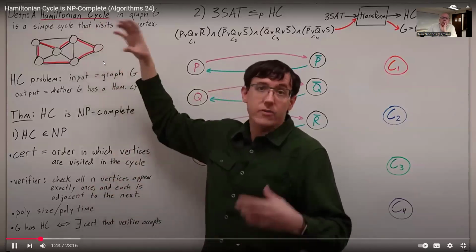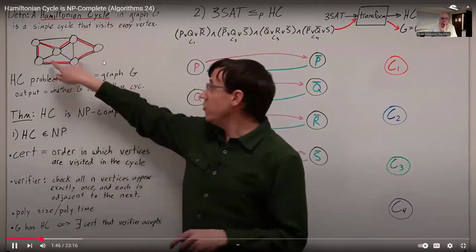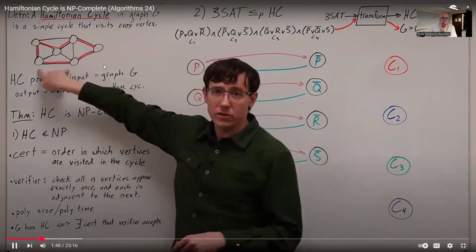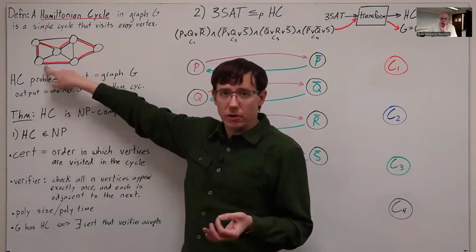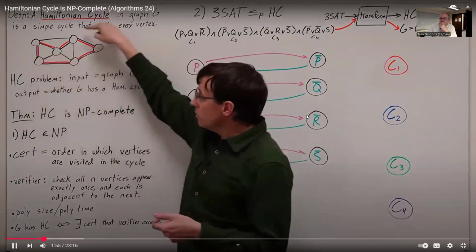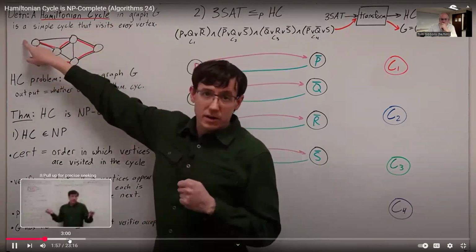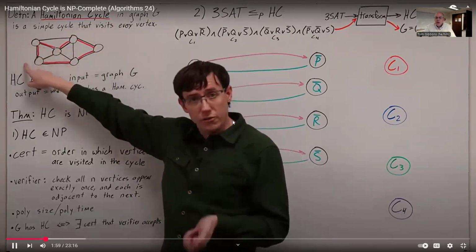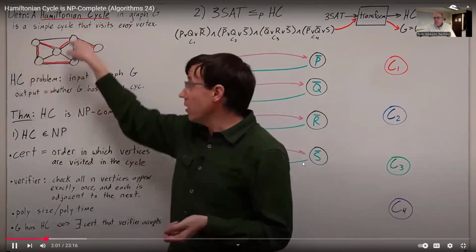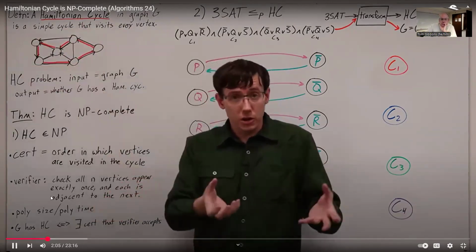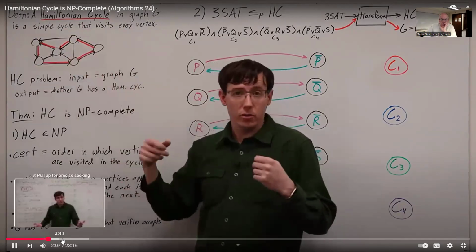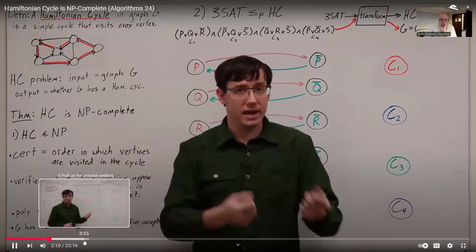The certificate lists every vertex of the graph exactly once, and for each consecutive pair in the list, there must be an edge between them, meaning they're adjacent. And that includes that the last element of the list must be adjacent to the first. And if all of those edges exist, then the certificate shows a Hamiltonian cycle in the graph